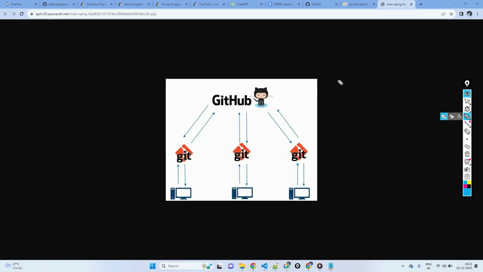Let's assume that you are developing a software, and there are 3 people working on the same software. How can 3 people work on the same software? They have 3 separate laptops, and if one person changes the code on one laptop, the other person cannot see it, correct? So if 3 people have to work on the same code, the code should be in